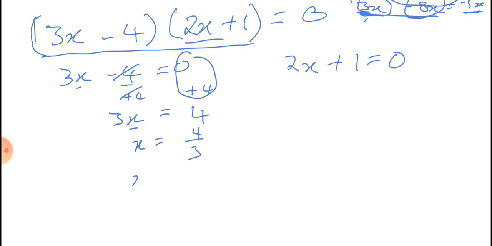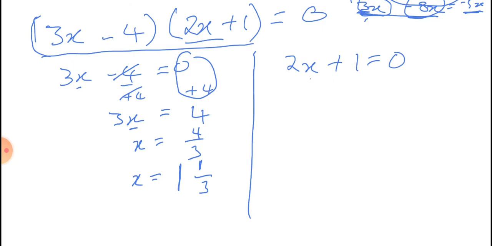And it's better to leave it as a mixed number rather than improper fraction. So how many times 3 going to 4? Once. And then 1 times 3 is 3. And 1 would be 4. So x can be 1 and a third. That's one solution, x is 1 and a third, or if we look at the right hand side now,